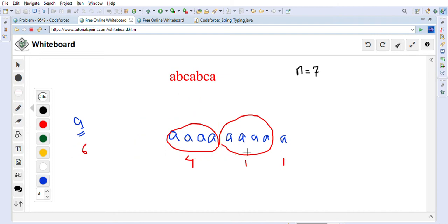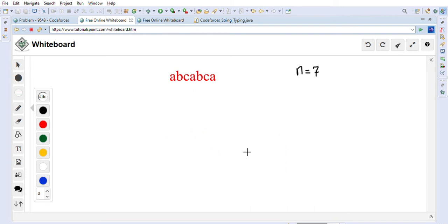So let's just take the first example that's given over here. So let me just take this out. So what we will do is, this is n is equal to 7, which is given to us, right? This is the length. So we will always try to divide it by 2 basically. So first we will create a variable called divide, and we will divide this by 2. So if we divide it by 2, it is 3, right? 7 by 2 is 3. And we will try to check this substring abc, and we will try to append it to itself.